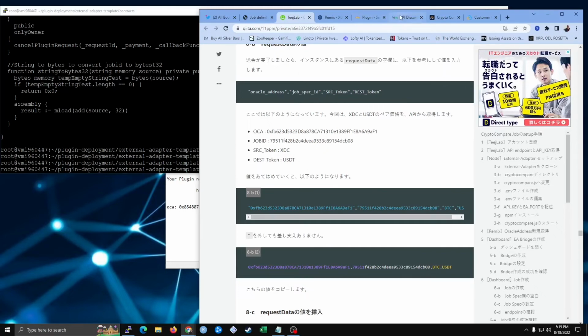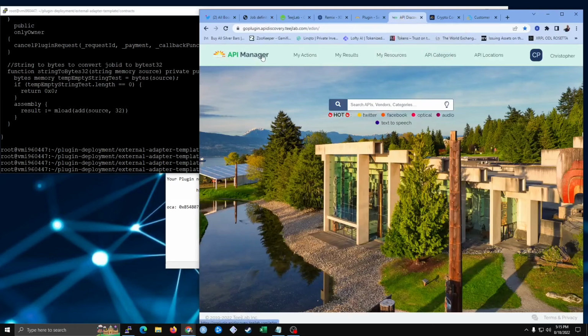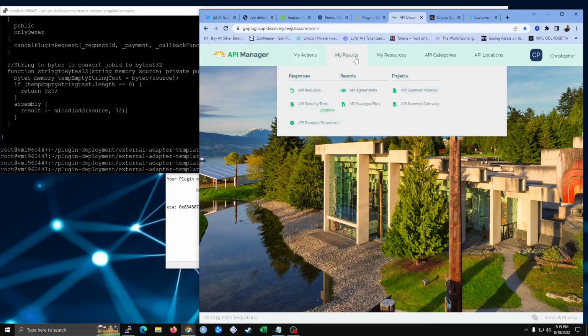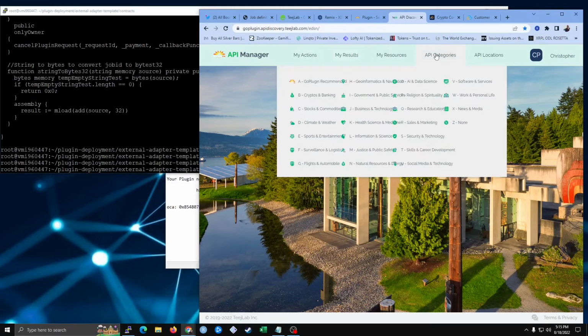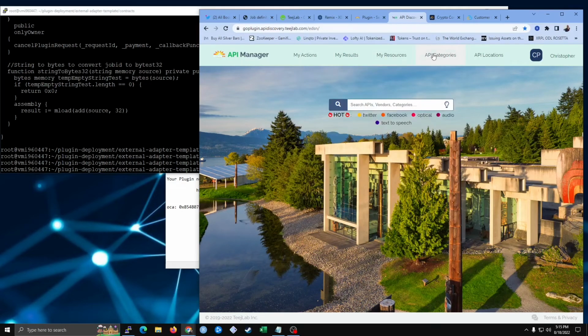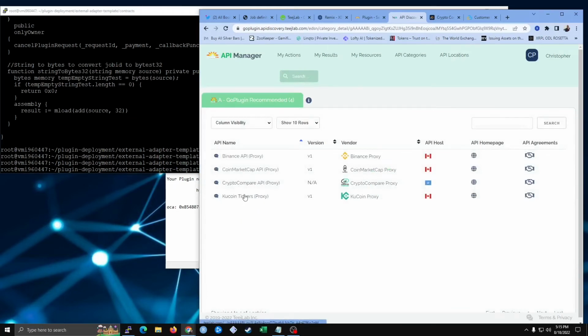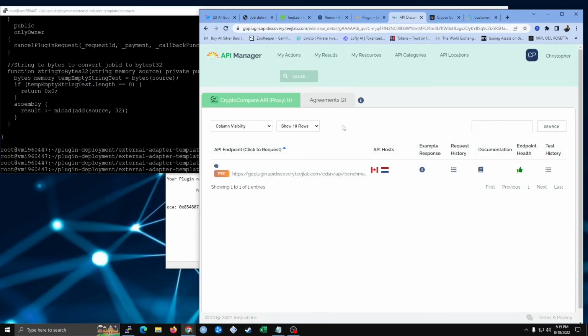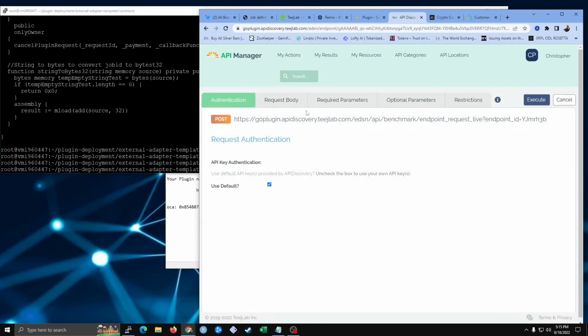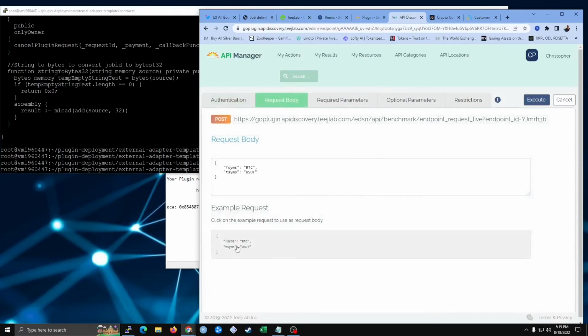Now, if you have your TeejLab account, you could also just go to API categories. We can go to the plugin recommended, and then let's say we do crypto compare, and click on it. We're going to go to request body, and then click on the example. But let's change it. Let's do XDC. Let's see if XDC will work. So we're going to execute,